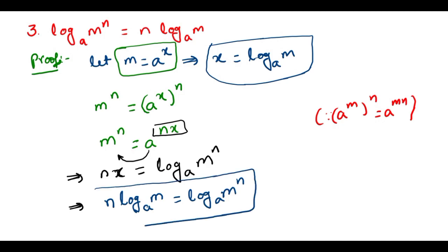Very important, this proof also. So this one also take a screenshot and practice very well. Next remaining properties just orally we discuss, that is the fourth property, that is what? Log a base a, that is equal to 1. So how is log a base a equal to 1? So suppose, you know very well,